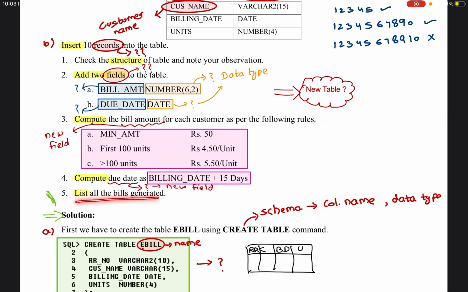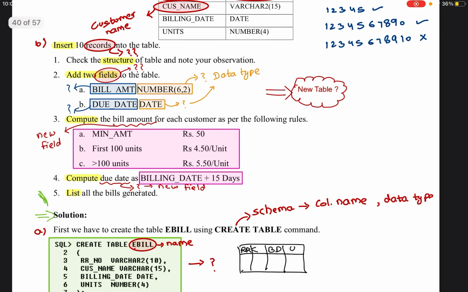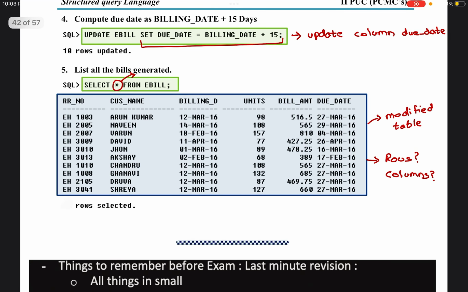List all the bills generated, select star from table name. So this is our modified table. Earlier we had till here. Now we have two more columns. Arun Kumar, billing date, we have the units. So units are less than 100, basic charge plus 4.5 into 98. We'll get the billing. These units are greater than 100, so now you know the formula,